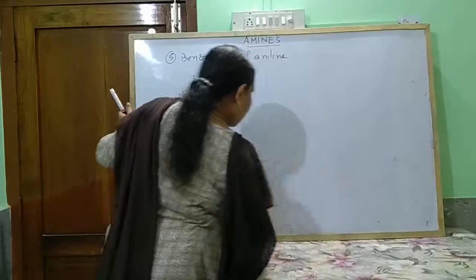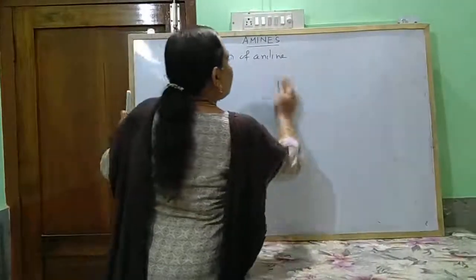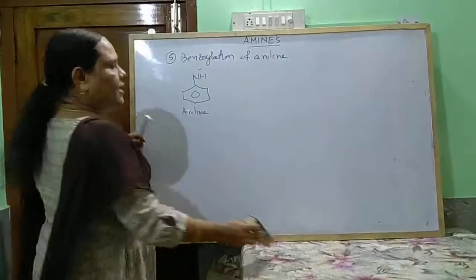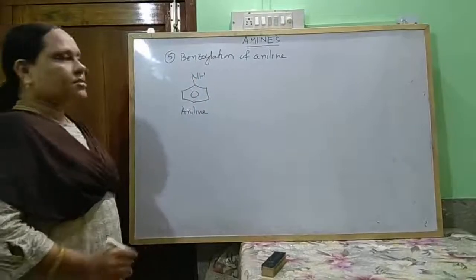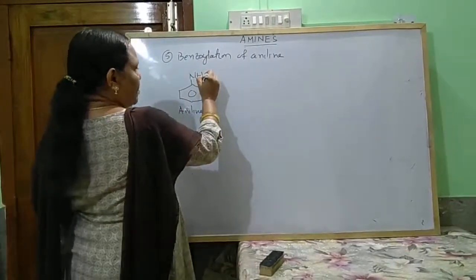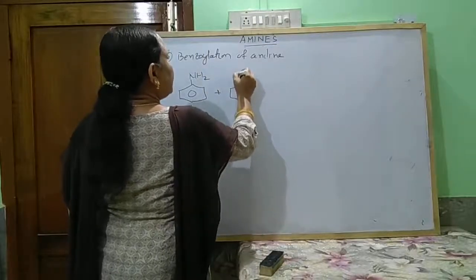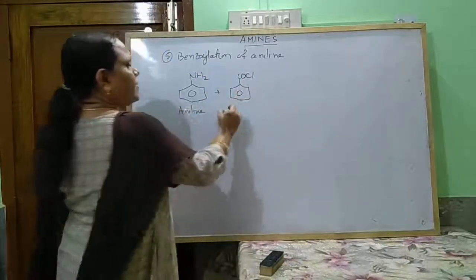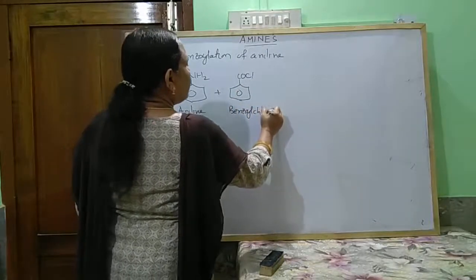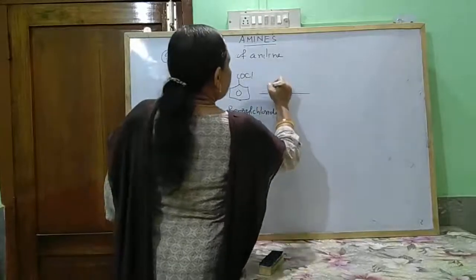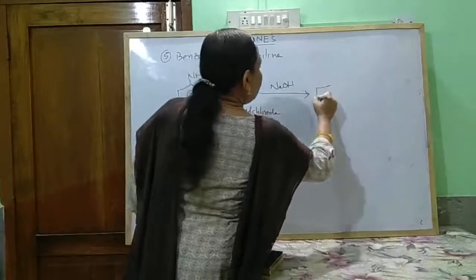When the benzoyl group is substituted at this nitrogen atom, this reaction takes place in presence of sodium hydroxide, a strong base. So aniline reacts with benzoyl chloride, this is benzoyl chloride, in presence of sodium hydroxide to form